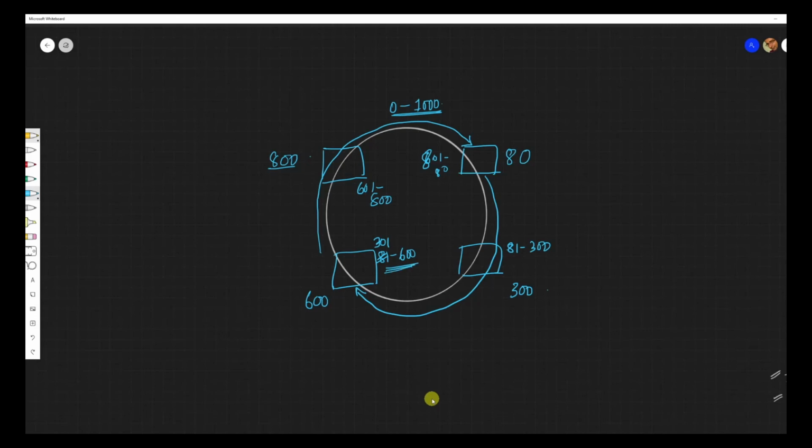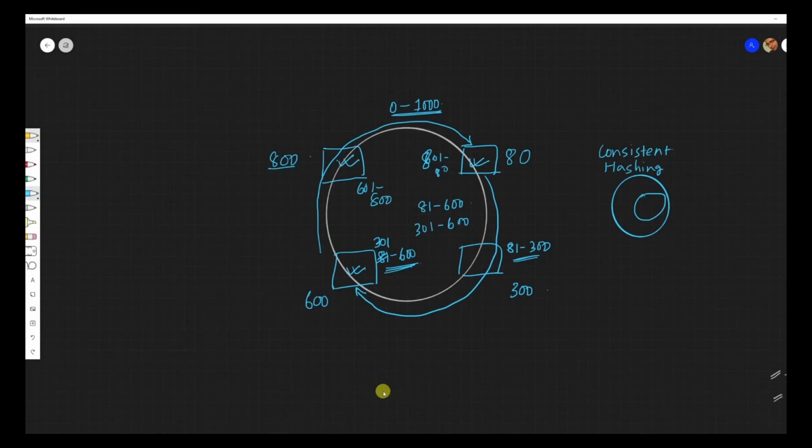So only he is impacted, and the new guy is picking up the new responsibility. The other node, like when I added over here, this node was unaffected. Even he was unaffected, right? Just that he is now serving a subset of what he was serving earlier. Previously he was serving 81 to 600, so no change on the upper bound, only the lower bound has changed. He has a smaller subset to serve now. So that's why consistent hashing helps us: we can add a new node without disturbing the other systems, right?